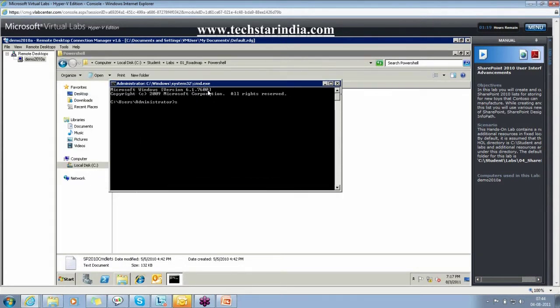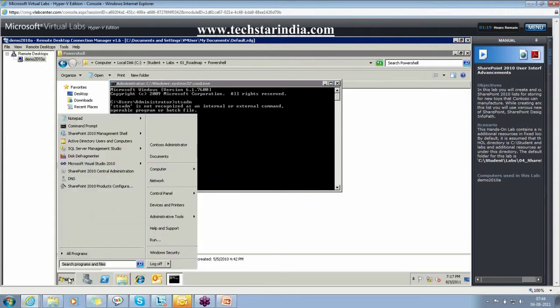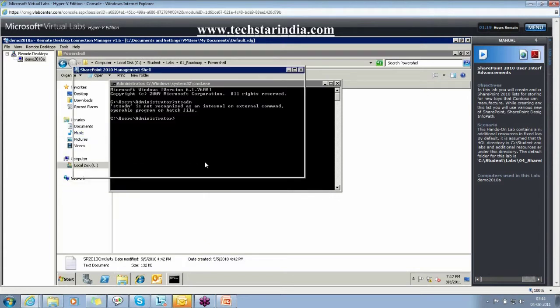If you just type STSADM, it's not a recognized command, so maybe we have not added the path.